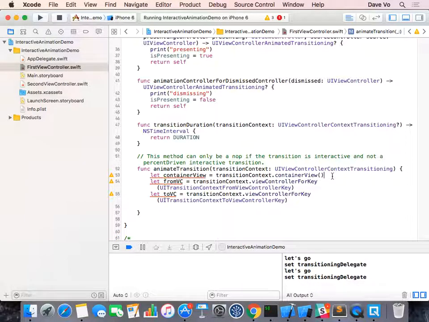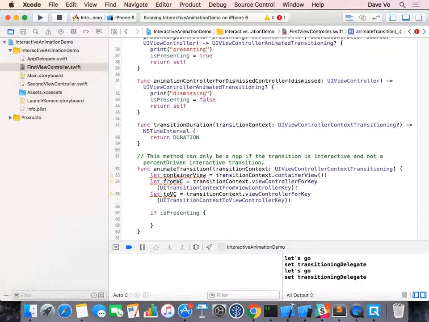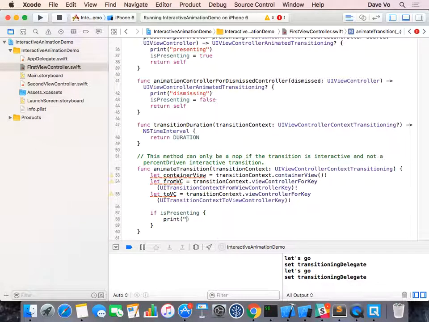Because I know that I only have the container view, the from and the to, I said that I only have that one, so just cast it for me. Okay, so this is where we customize everything. If presenting, here we say print, what do we print here? Animating for presenting,